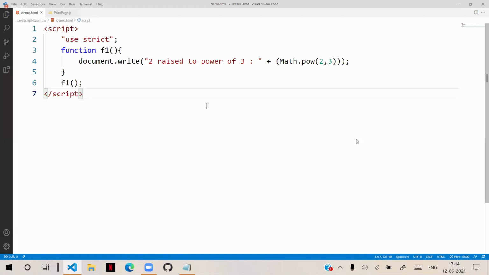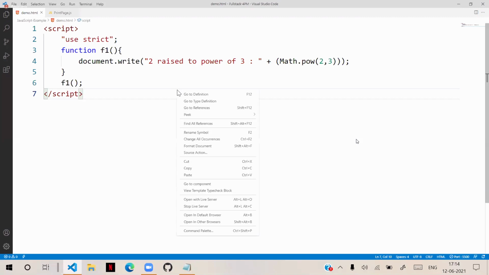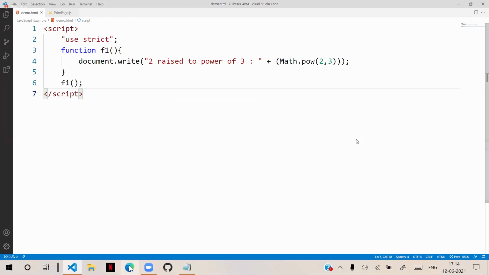So let's run this in the browser and check that here. It's taking a while. Let's check that now.